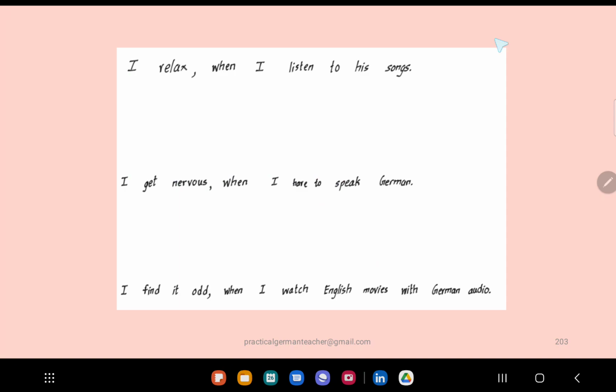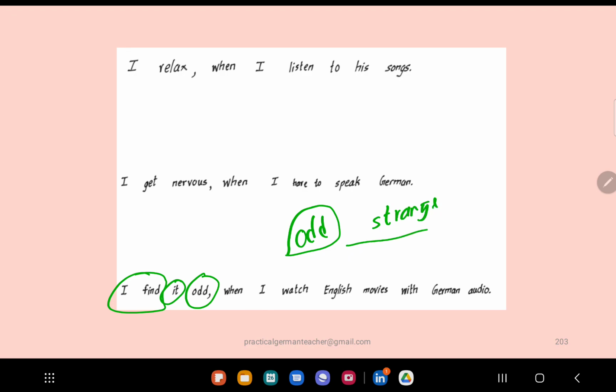Now, I find it odd. You know how to say this, ich finde es. You can say it to express your opinion, right? You can talk about events, weather, presentations, or whatever you want to have an opinion about, or how you feel about it. So, I find it odd. How do you say odd? You can also say odd as it is. People will know what you're trying to say, German speakers as well. You can also say strange. I have seen people below 20 use this quite often.